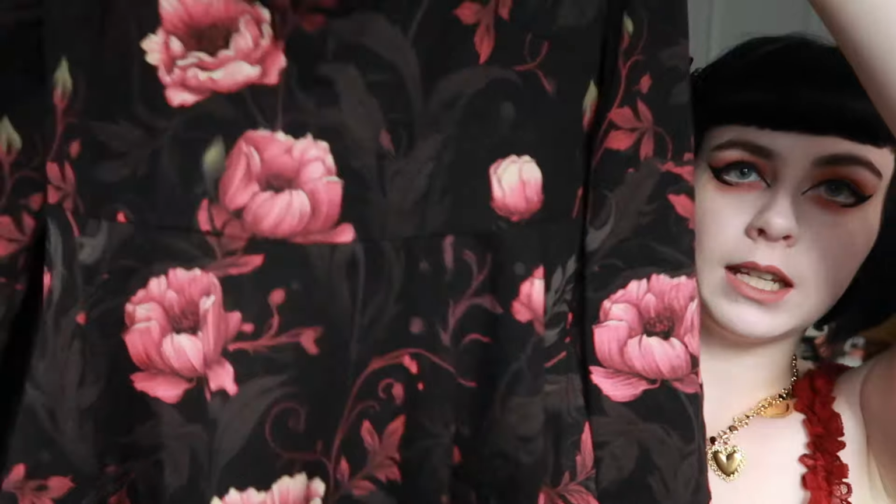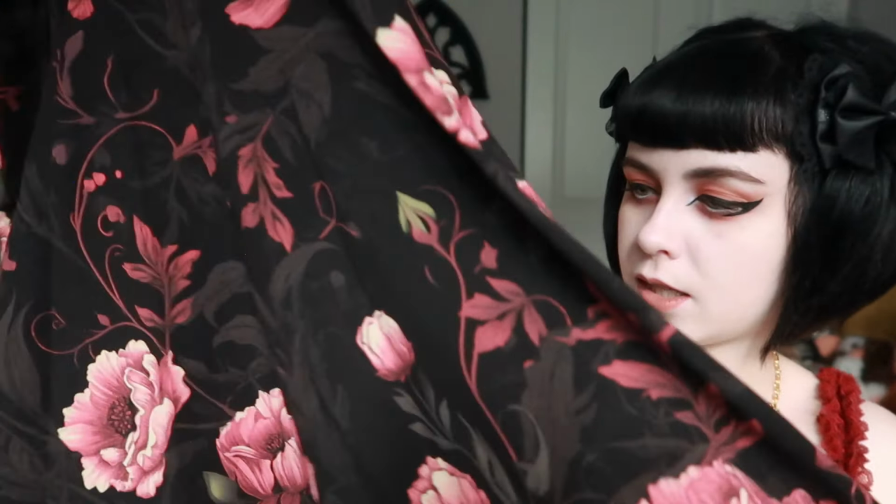Yeah, it basically is a kind of skater dress. So you've got the waistline there, and then it just goes out into a skater dress. It's not super short, and it's not a midi dress on me. I think it reaches a bit above the knee if I remember correctly, but you will see in the try-on that I will include. But it was a really nice length, and I think this is actually going to be quite a nice autumnal